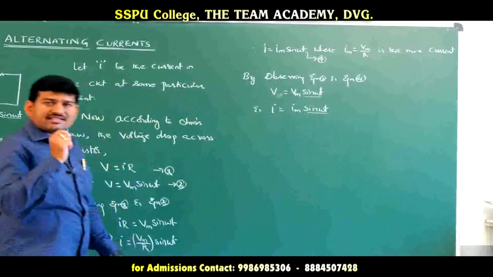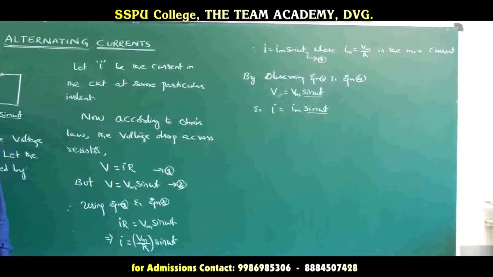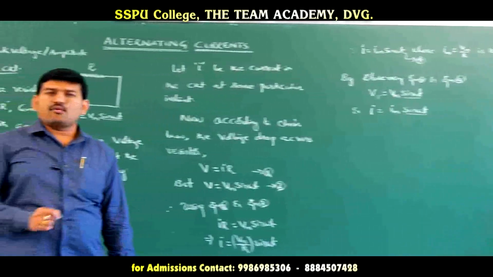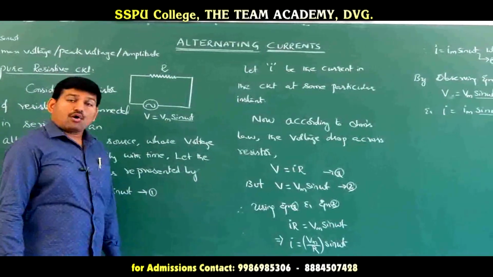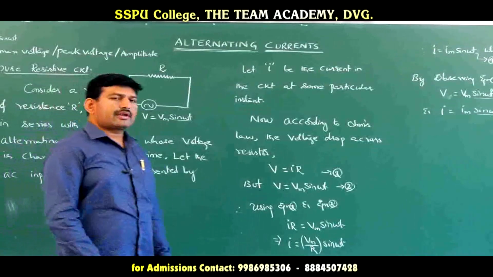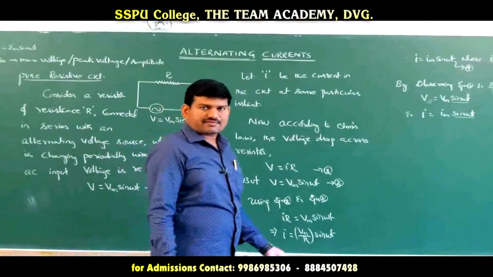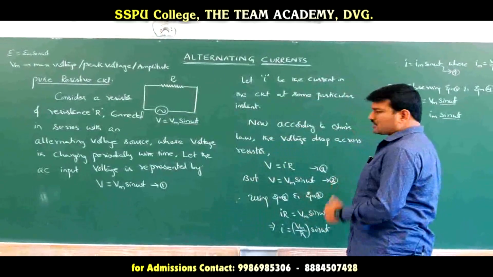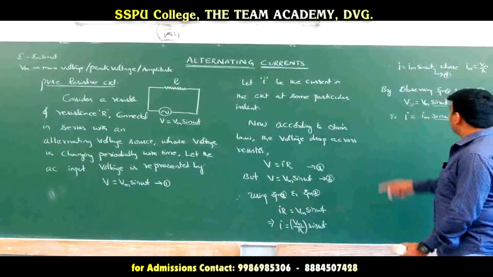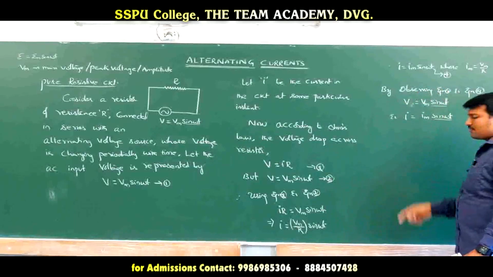Therefore, the phase difference or the angular difference between the current and voltage in a pure resistive circuit is 0. Or else I can say that current and voltage are in phase. If there is no phase difference, I can say that they are in phase. So in a pure resistive circuit, by observing equation 1 and equation 4, I can say